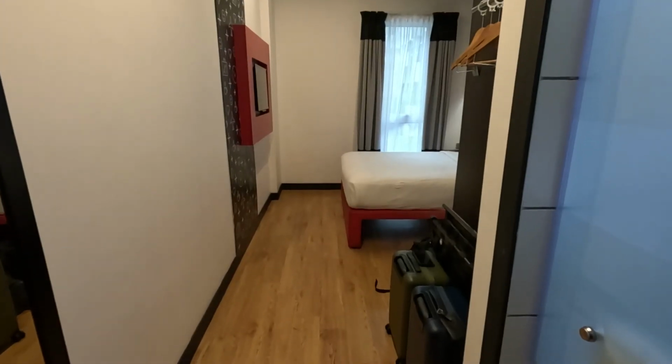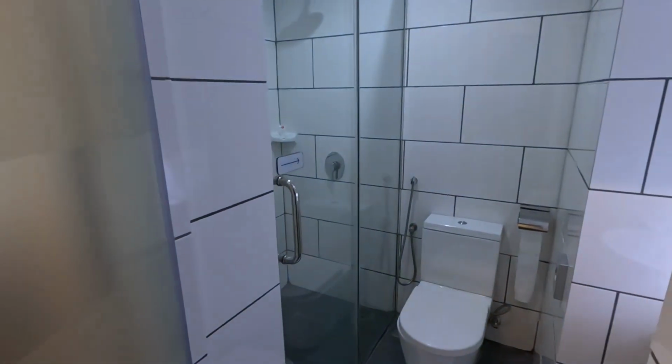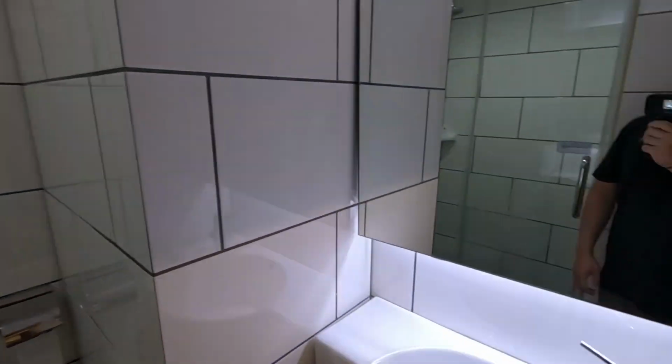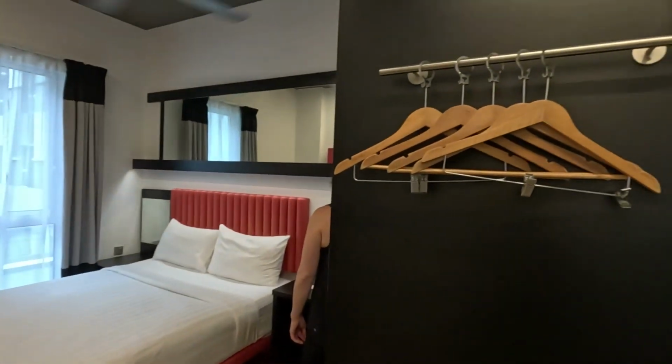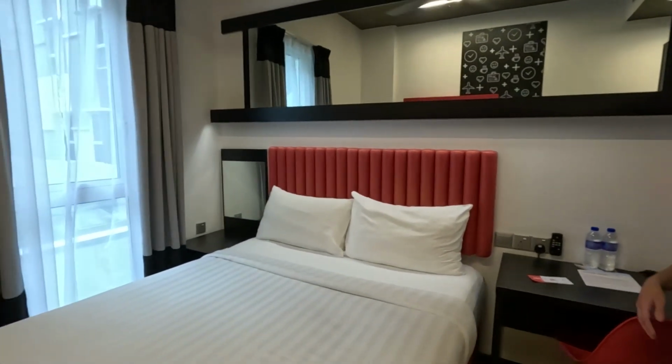Yeah, and we'll show you the room. I don't think there's a lot for gluten-free for me, so I brought some snacks, and that might just have to do. So it's a pretty small room, not much to it. Immediately to the right, you've got a bathroom, which looks clean enough. And there's hot water, which is nice. And when we come back out into here, we've got a little area to hang your clothes. A little desk, double bed,